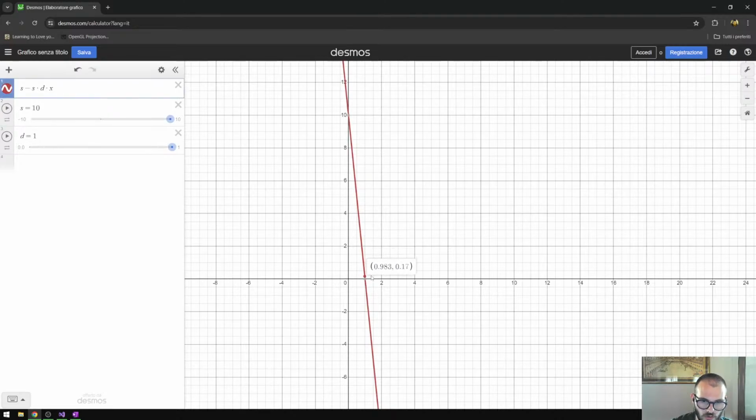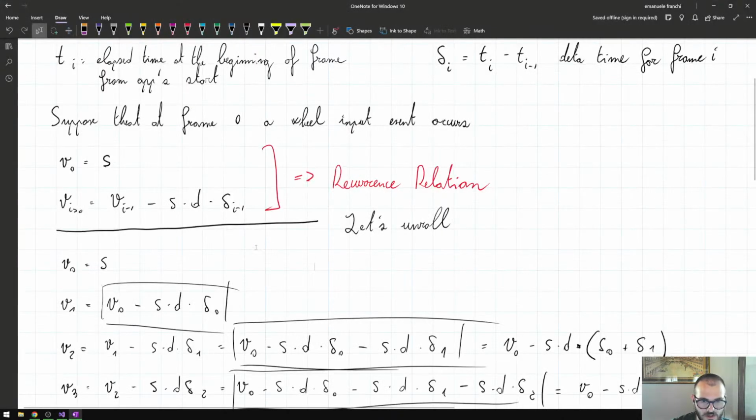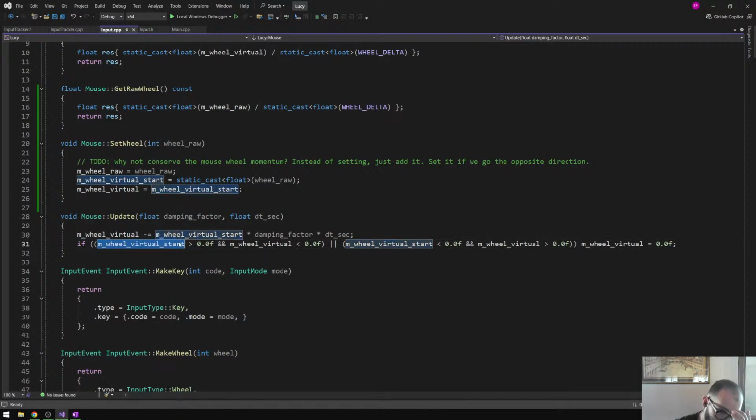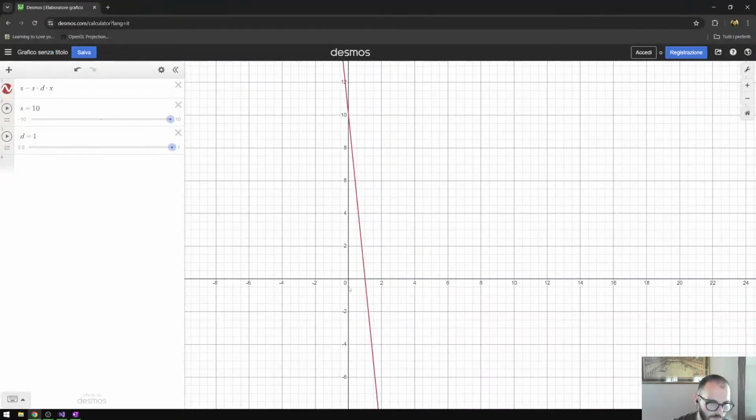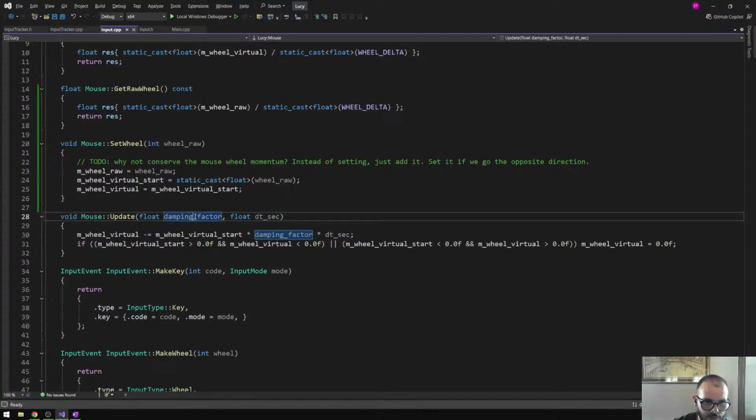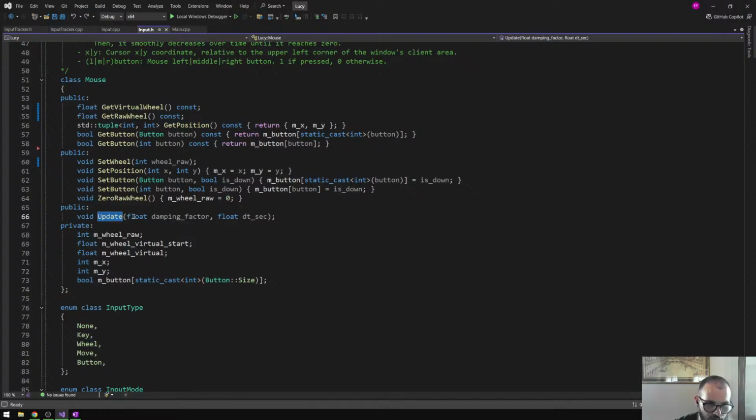Obviously, this is continuous, but ours is discrete, so we could just go beyond 0, skip 0. So we don't check for the 0 itself, but we check for when we change the sign, when our start value has a different sign from the current virtual wheel value, okay? Damping factor, the update gets called